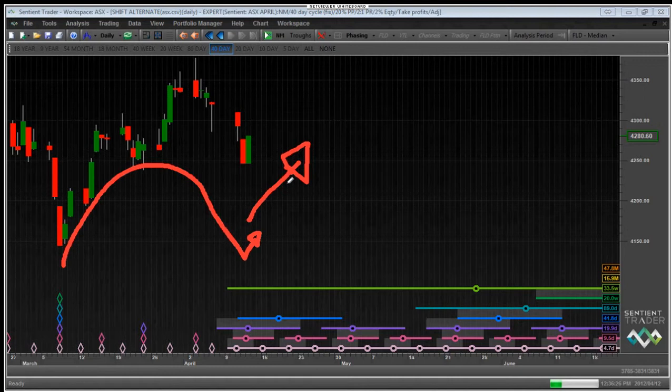All right. When a cycle bounces out of a trough, what should you think about doing? Well, you should think about buying, of course. According to Hurst cyclic principles, there are 2 potential trades per cycle. Sentient Trader has an alternative trading methodology called the Sentient Trading Methodology, which gets a little more complicated and presents 4 trading opportunities, but we won't discuss that just at the moment.